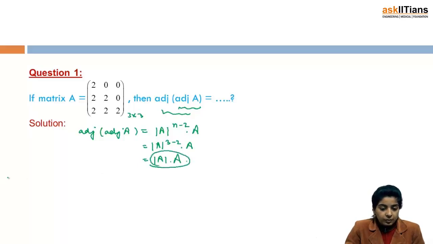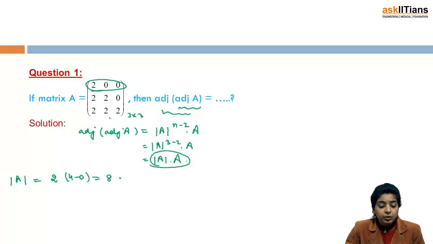So first of all, I'll be finding out the determinant. In order to compute the determinant also, you can see here, we can proceed from any particular row or column. So since here we have got 2 zeros, it is easy to proceed from this row. So I take 2, then we have 4 minus 0, that is 8. So this is the determinant of A.